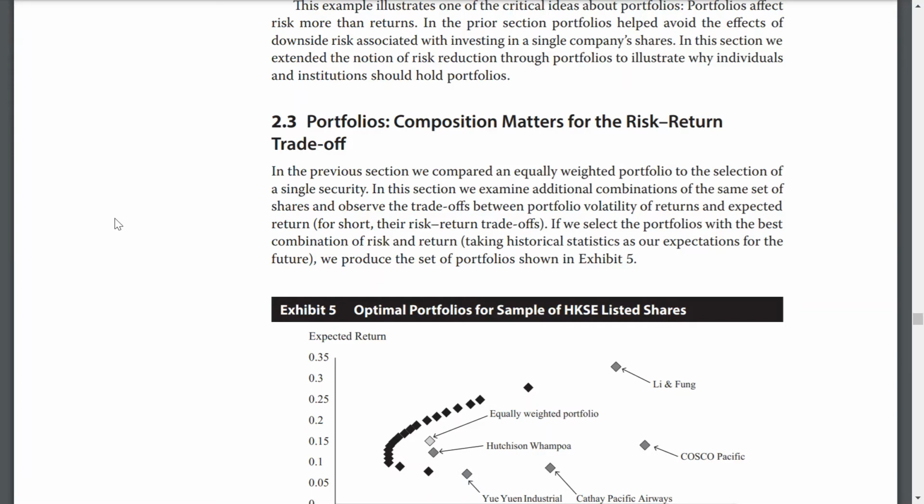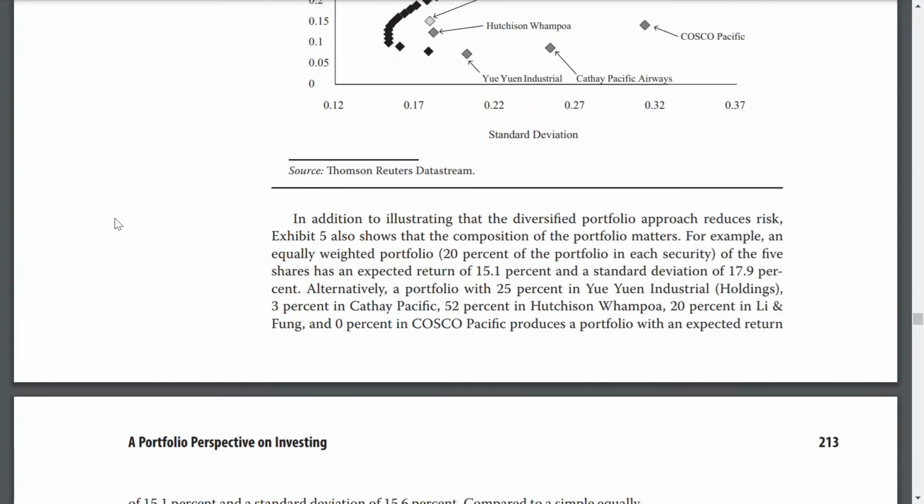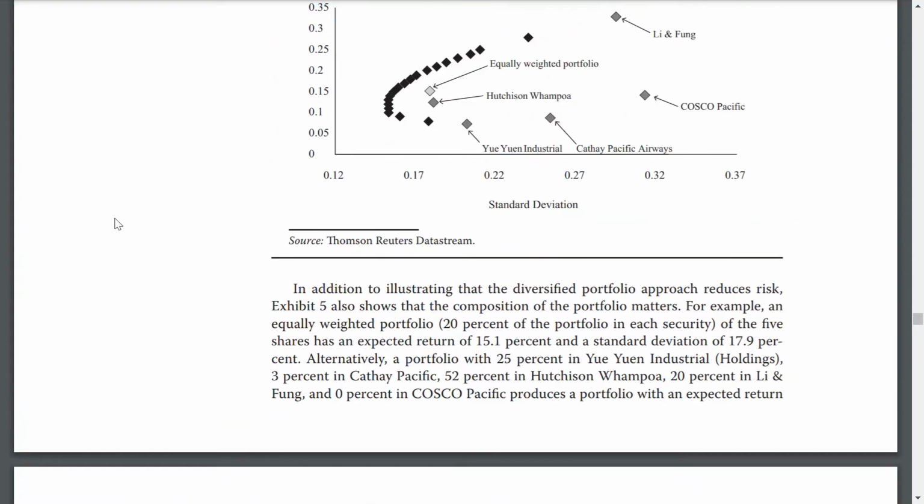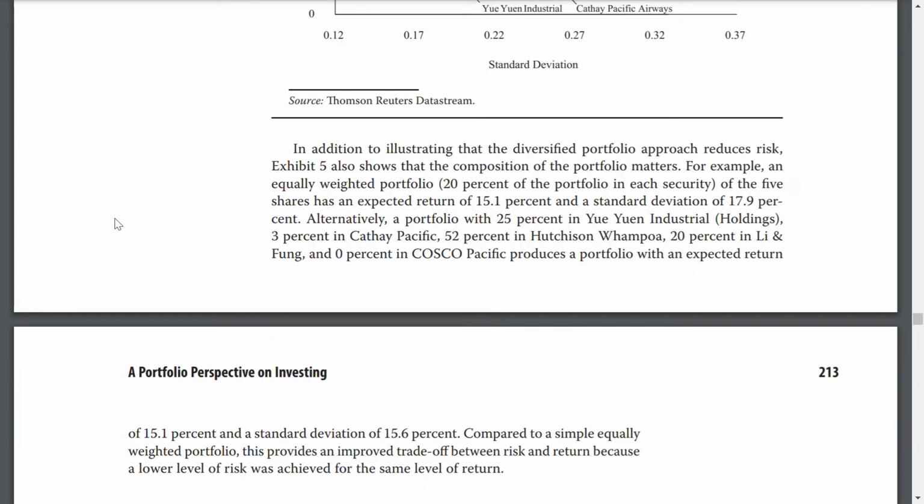If we select the portfolios with the best combinations of risk and return, we produce the set of portfolios shown in Exhibit 5. So we can sort of see a trend. In addition to illustrating that the diversified portfolio approach reduces risk, Exhibit 5 also shows that the weights of the companies in portfolios matter. For example, an equally weighted portfolio, 20% of the portfolio in each security,